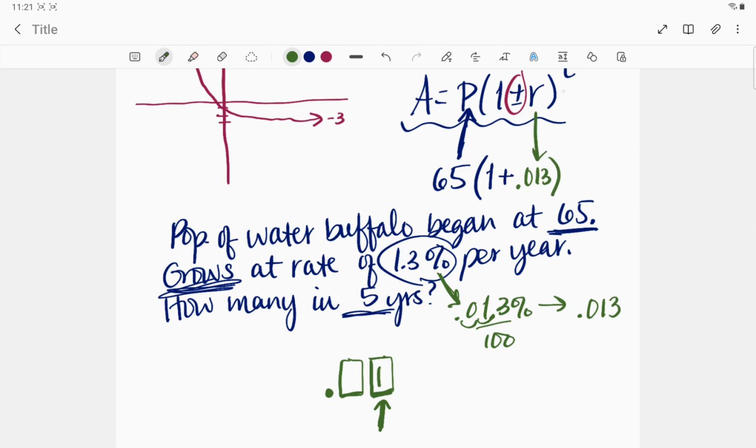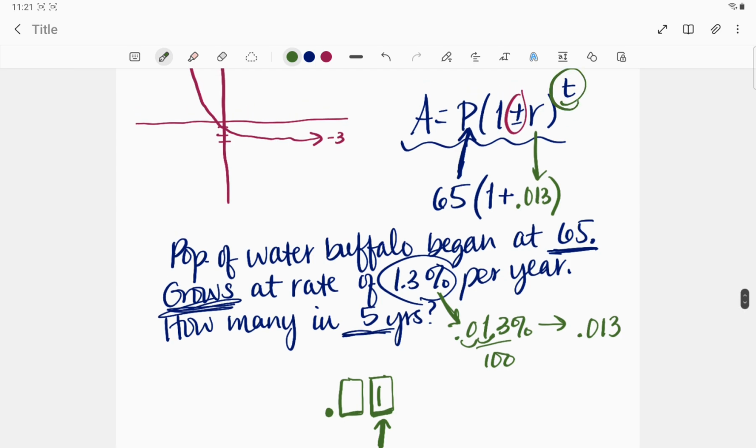And then the last thing we need is the T. T is the time. So they asked us how many would there be in 5 years. So that means that our time is 5. So we're just going to put in 5. So then you're going to type this expression into the calculator just like it looks with the parentheses and everything. You want to type all that in. Okay. So I'm going to type this in, exponent of 5. All right. So I put this in my calculator and I got